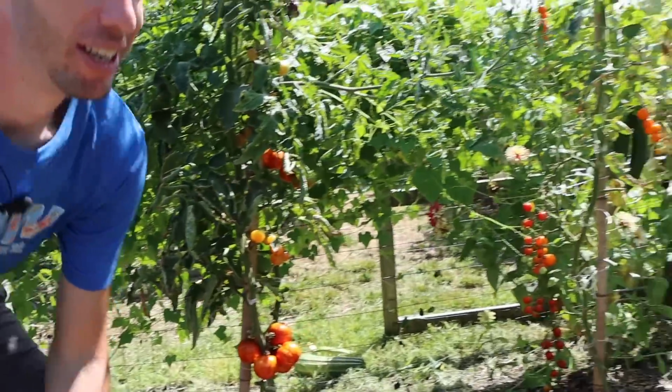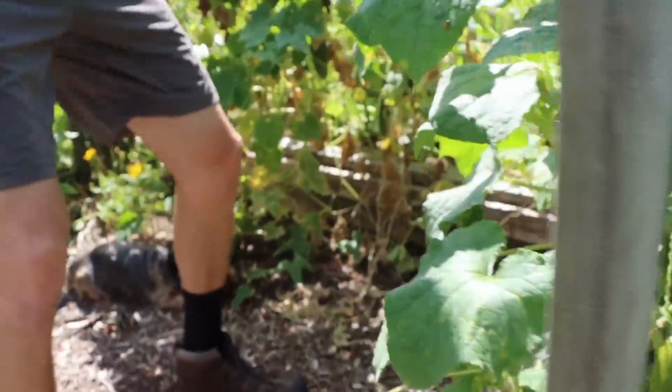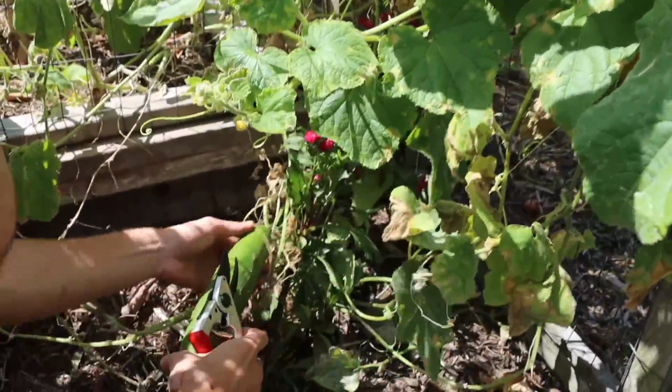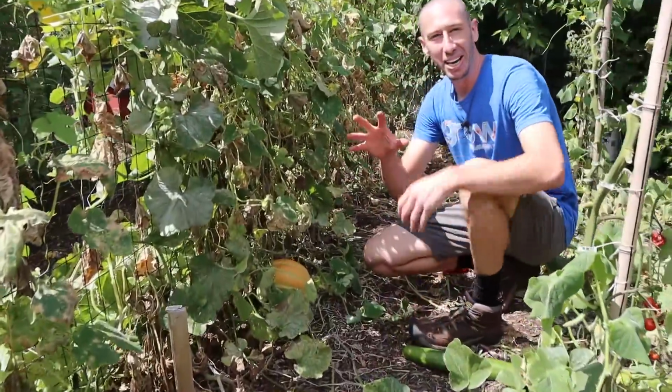Let's check to the right here. Cucumbers non-stop. Look at the other side of this. More cucumbers. Even this one down here. Look at this thing. I mean, this is just too much fruit at this point. Let's come over here. The cucumbers have started to slow down in this section a lot, but we just had